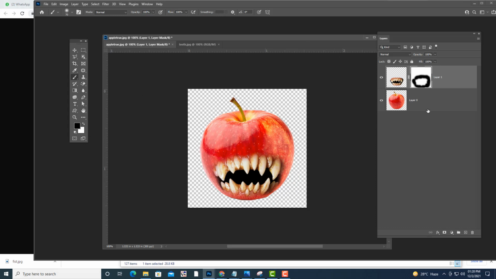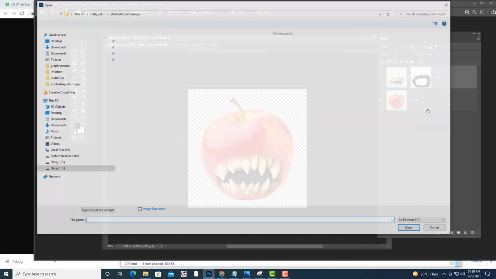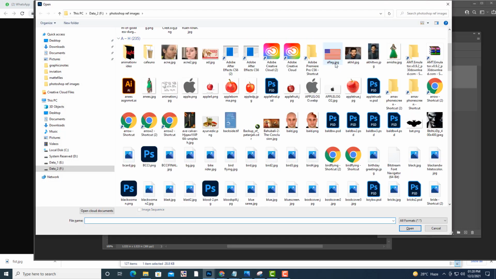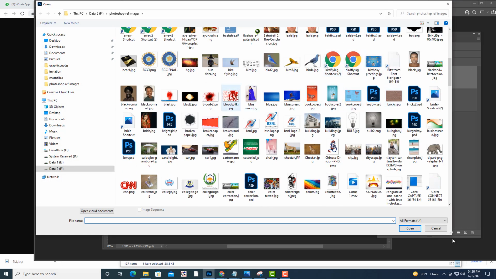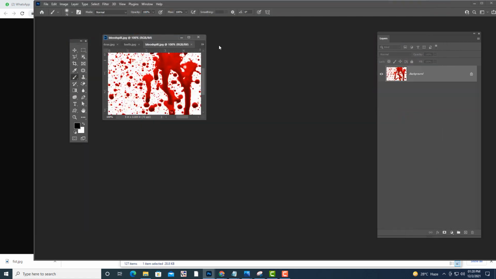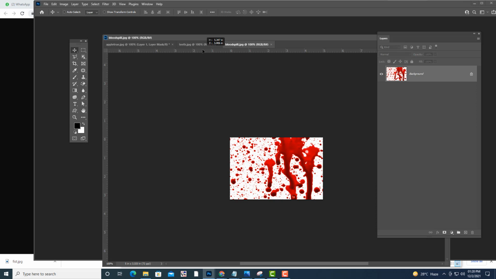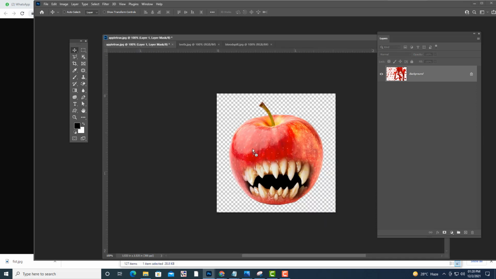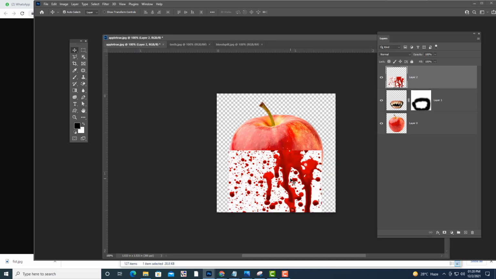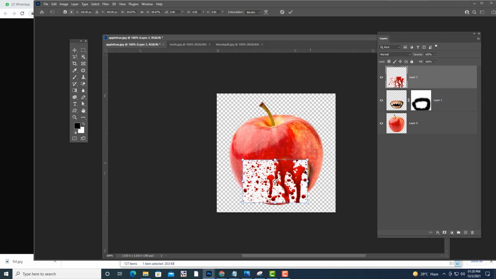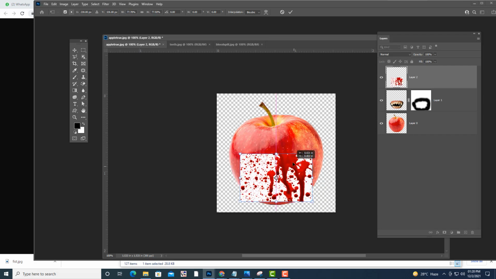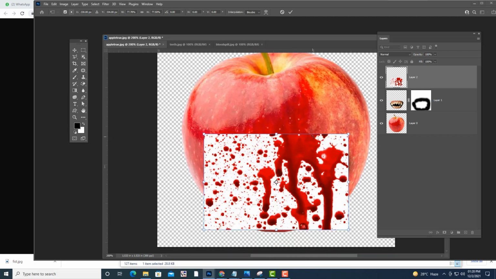Now see what we'll do. I'm going to put some blood on this teeth. So you're going to get the blood. Just simply drag it here. How can we remove this white color? Anybody can tell?